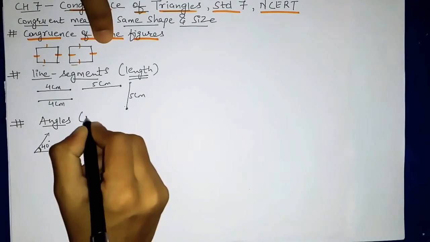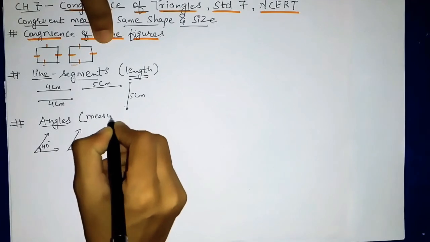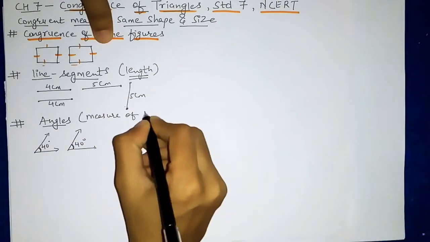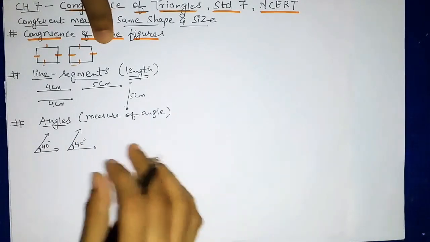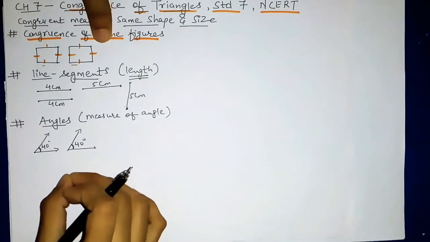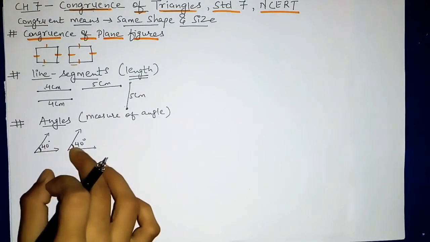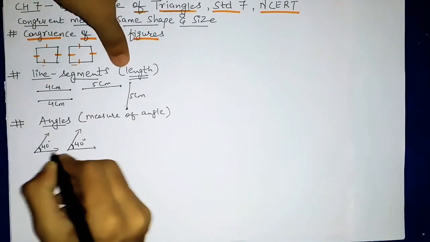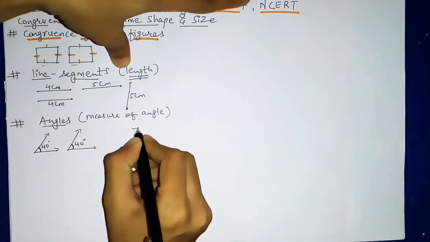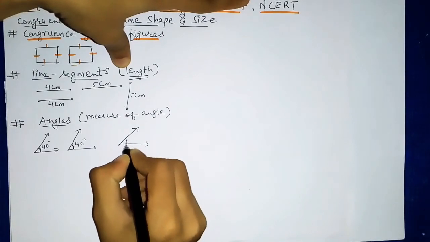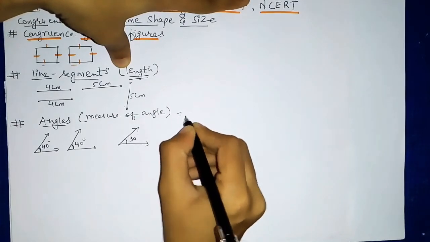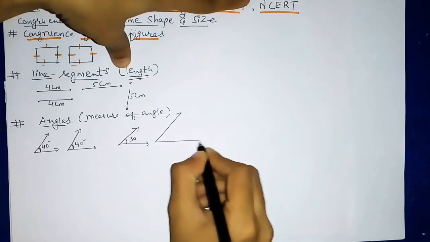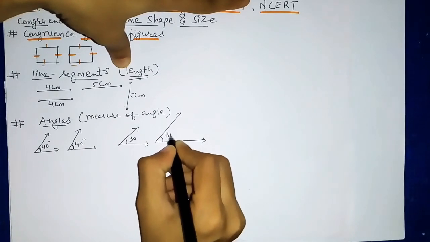Okay, so in angles we want the measure of that angle. So measure of angle we should have to compare angles. So if these angles are same, then they can be called as congruent. Now sometimes angles are drawn like this way. Suppose अगर मैं 30 degree draw कर रही हूँ, okay, so this is 30 degree. Now second angle, these rays are extended, okay, but this is also 30 degree.